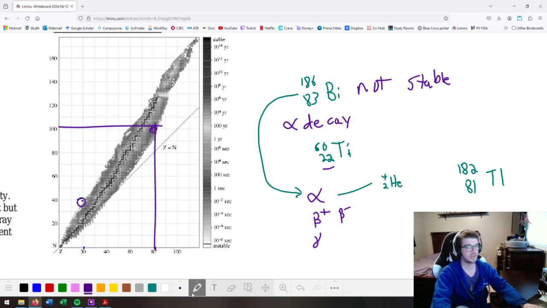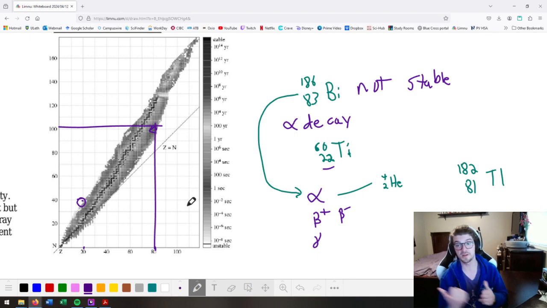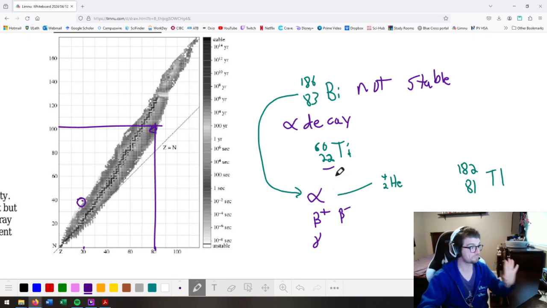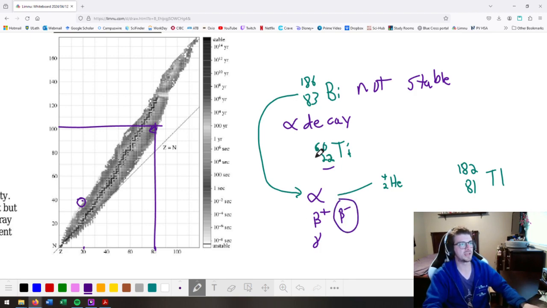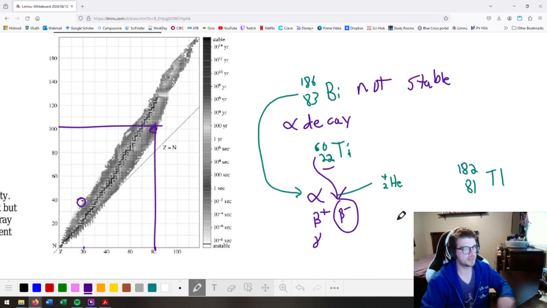So this is also going to be outside of the band of stability. But this one needs to go to the right in order to get closer to that stable isotope. To go to the right on this table, we undergo beta minus decay. And so beta minus decay is